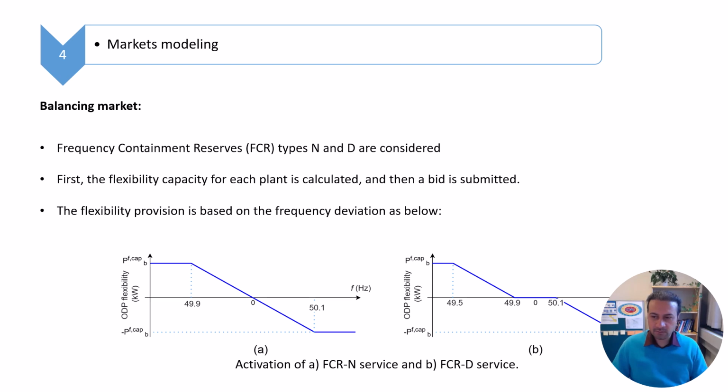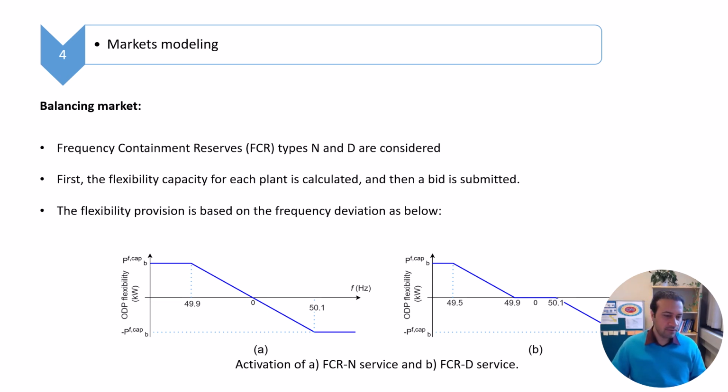The next part is about the balancing market. So after participating in the day-ahead market, the platform can submit bids into the balancing market and say, okay, based on what is determined in the day-ahead market as the baseline, how flexible I am next day to support the grid when it comes to the power imbalance, because it's very critical to keep the power system in balance. And in this case, we focus on two balancing services. We call them the FCRN and FCRD.